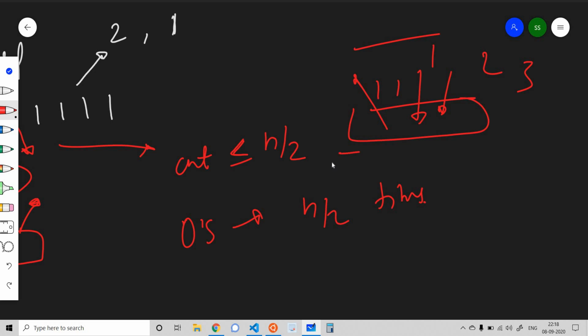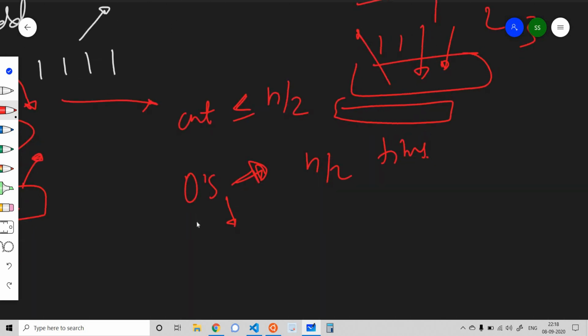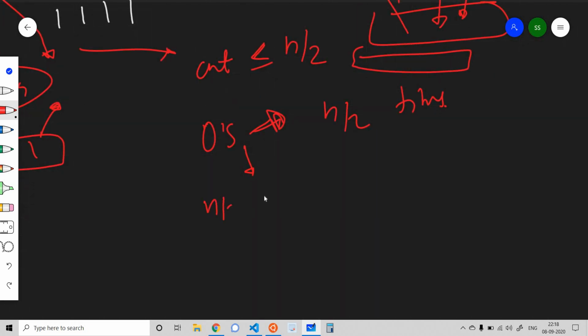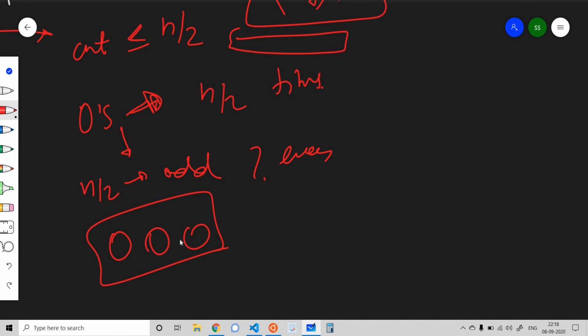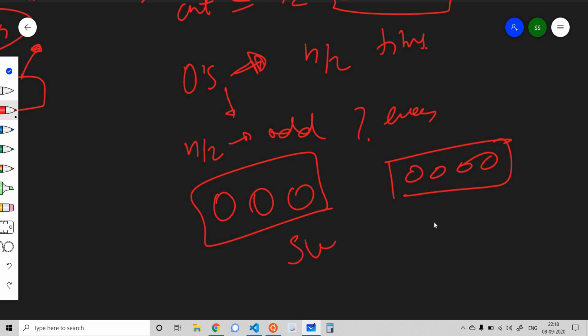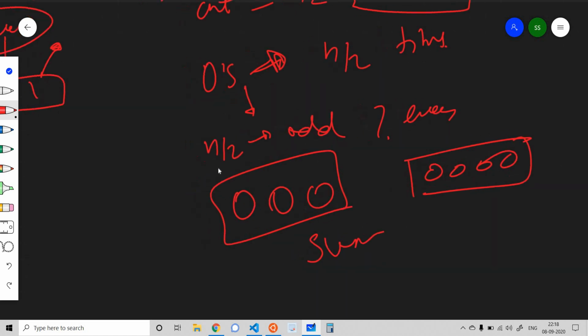We only care about the remaining n by 2 terms, so we can simply print n by 2 zeros. It does not matter whether n by 2 is odd or even, because the sum at even places and the sum at odd places are both 0 in this case.